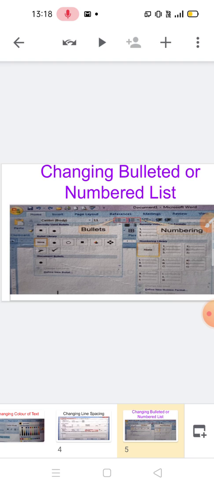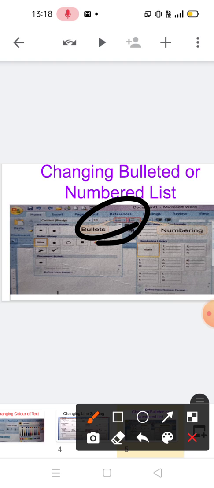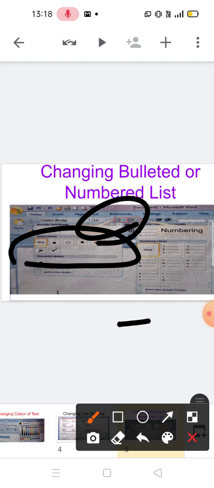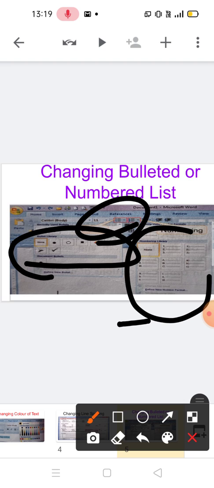First of all, you have to click on the bullet button here. After that, you can select the bullet style. Here you can see the bullet style. Select the bullet style of your choice. Then you will find that the text is bulleted and the indents are automatically adjusted to separate the text from the bullets here. Then after pressing the OK button, you can observe the changes.